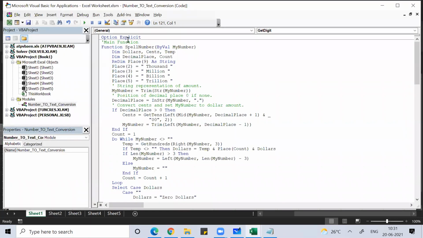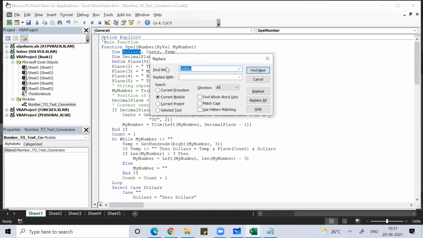So in place of dollars, Control H, in place of dollar, replace with, what should I replace with? So if it's like 17,800 and 0, that's it. So number of cells are 70 lakh 18,000 cells, 10 lakh 48,576. In place of dollar, what can I replace?